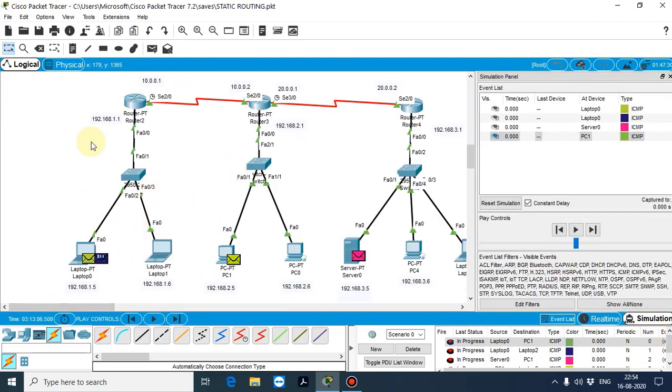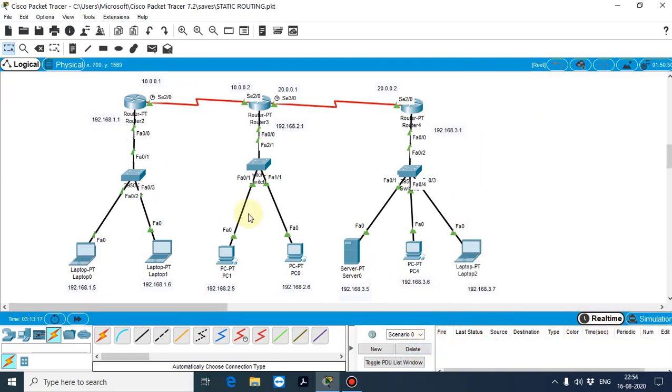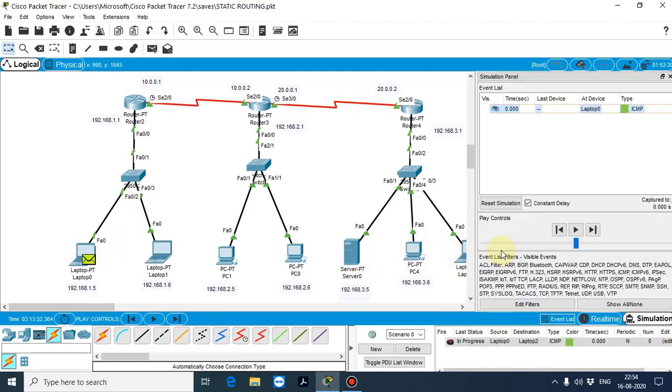If you check in simulation mode, then play. So see here, the packet has transmitted from source to destination, right?